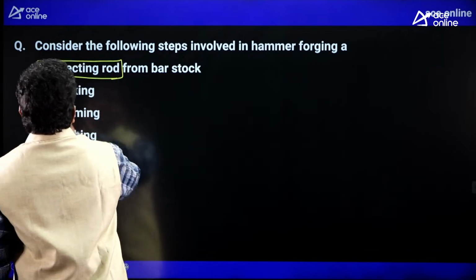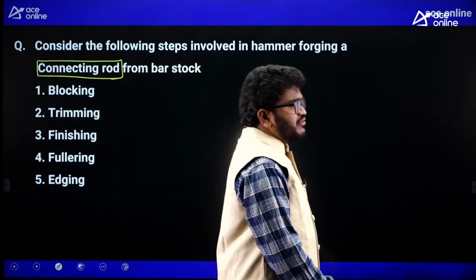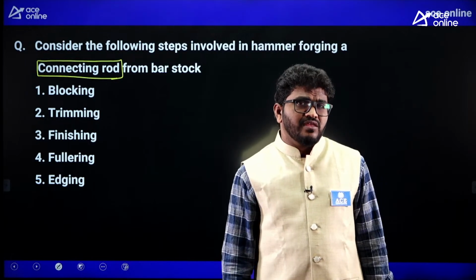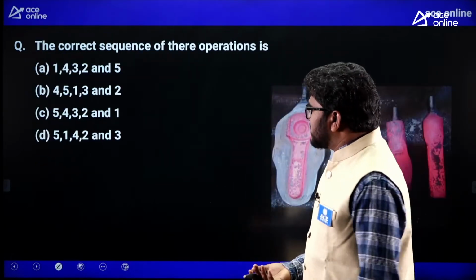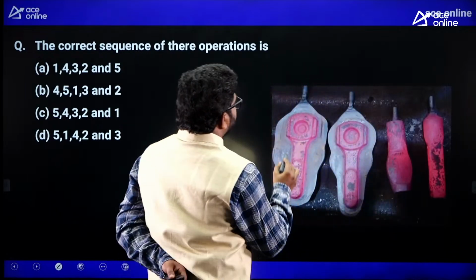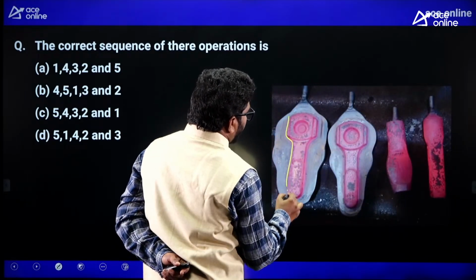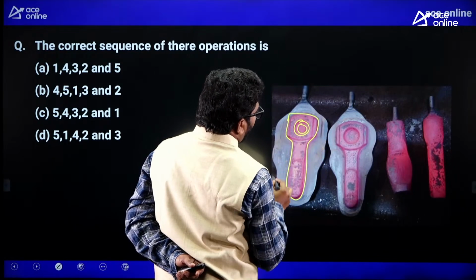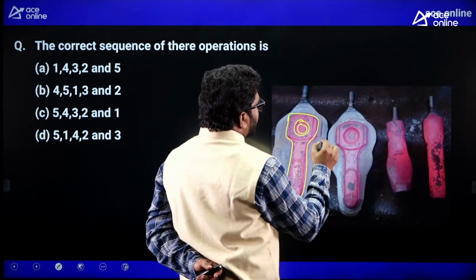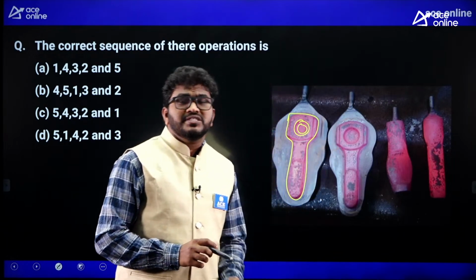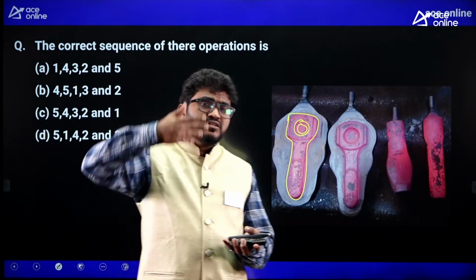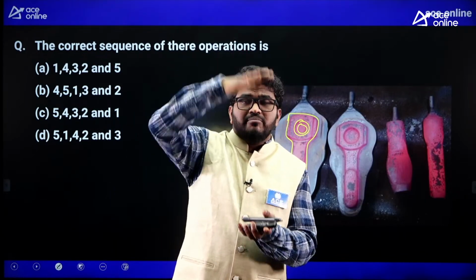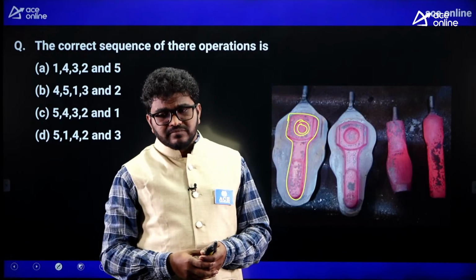So we are going to make a connecting rod by using hammer forging or hand forging, basic secondary forging operations. So first of all, what is forging? Now you can see this is a connecting rod here. We are going to make this connecting rod by using a forging operation. In case of forging operation, we are keeping a workpiece material between two dies and we are pressing, we are compressing, we are applying compressive force.